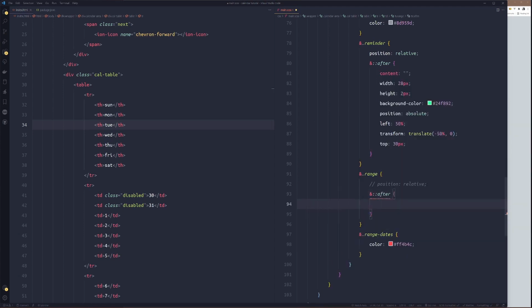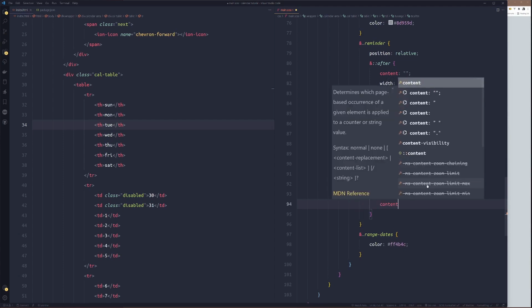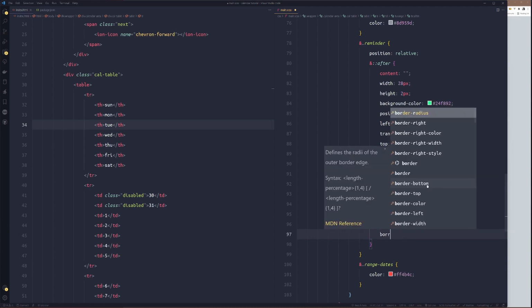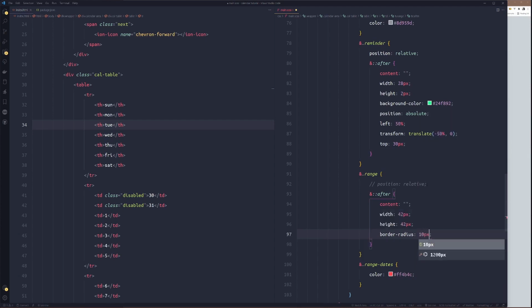After, width to 42 pixels. The same thing for the height, 42 pixels. Then border radius, 10 pixels.